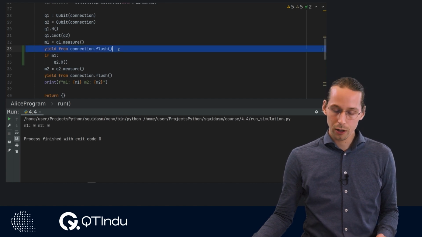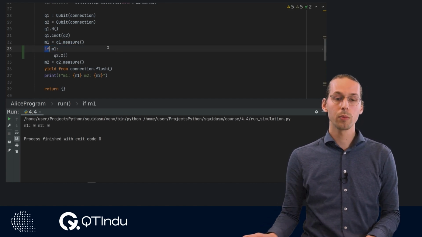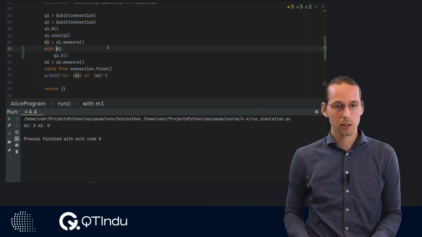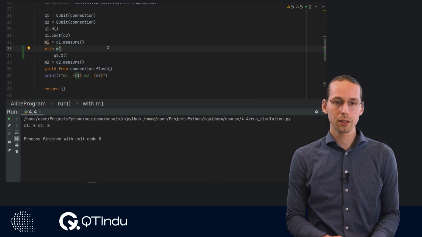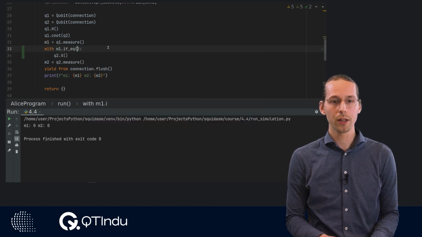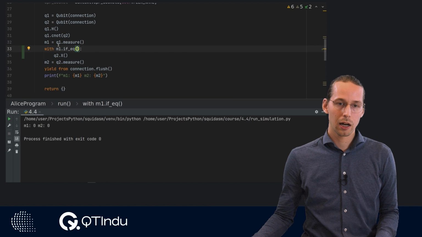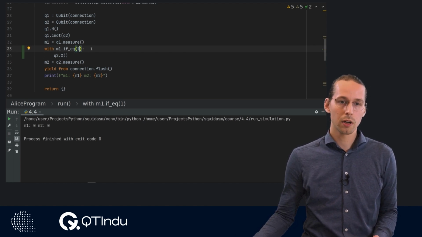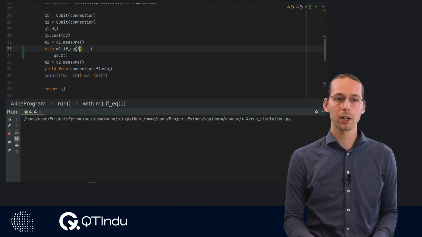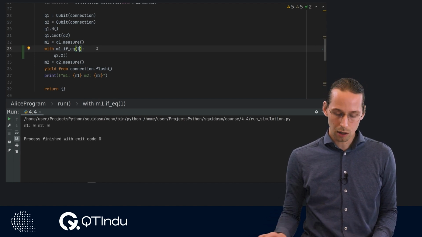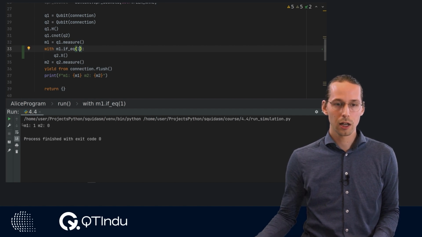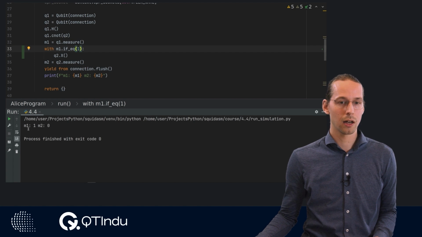So there is actually a better way of doing this, and that is to use some inbuilt Netcasm SDK methods. And those are located on the future type objects. So the M1 has an if equal method, and then we can create a conditional statement. And we say that M1 has to be equal to 1. And then if we run this code again, we see that it now runs fine. And if we run it a few more times, we see that if M1 is actually 1, the X-gate will be applied to M2, resulting in this behavior.